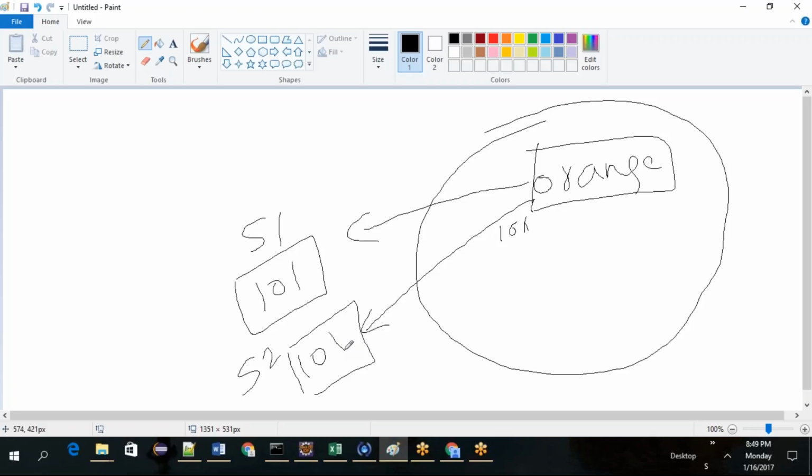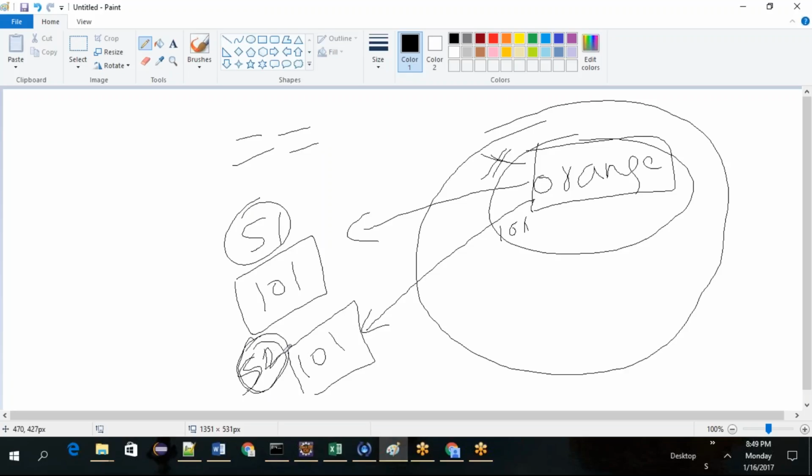You are not actually comparing the object. Double equals to is not comparing the object. It is comparing the reference variable value. As both are holding the same address inside their reference variables, that is the reason why, with the equals operator, you got it as same. But when you try to create S3 with the new keyword, what will happen?